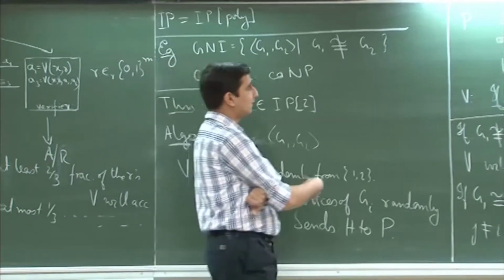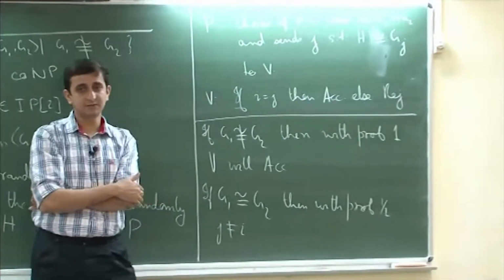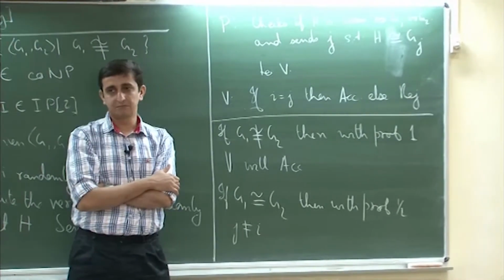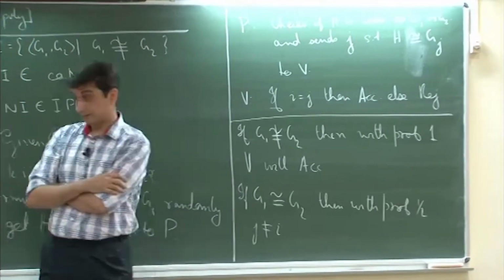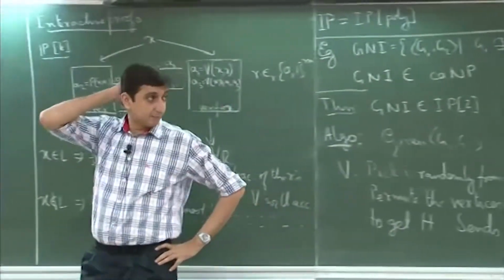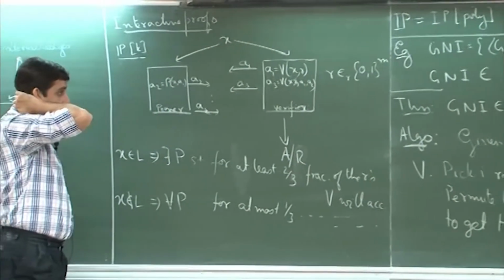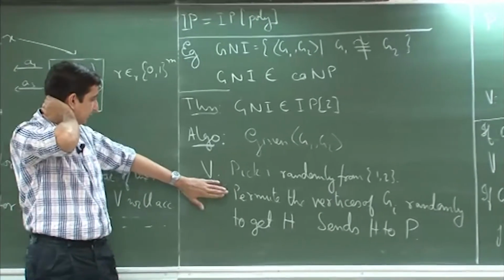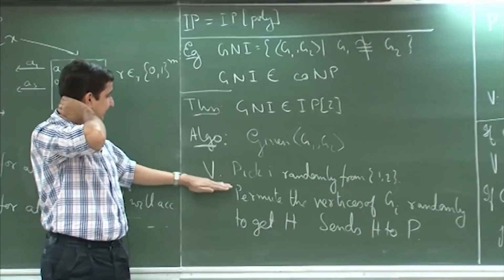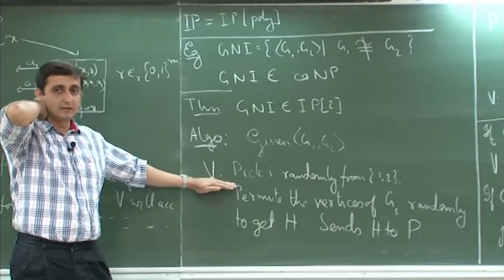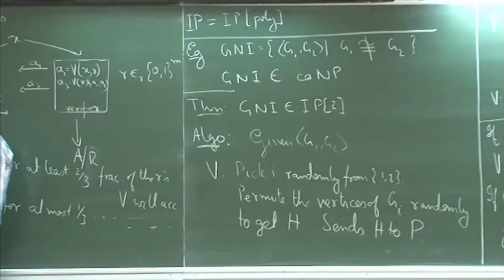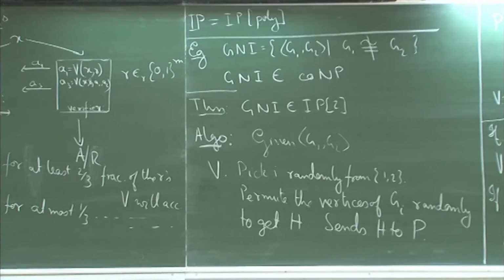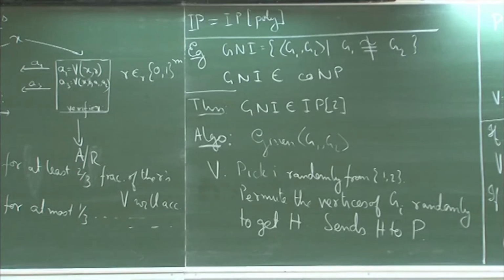And then depending on what the prover is doing for each of those graphs, the verifier will finally be convinced with very large certainty. Okay. So, again, the point is that how these coin tosses are being conducted, whatever is the random string that the verifier uses, is it a public random string or a private random string, does make a significant difference. So, is this clear to everybody, this protocol and the idea behind it?